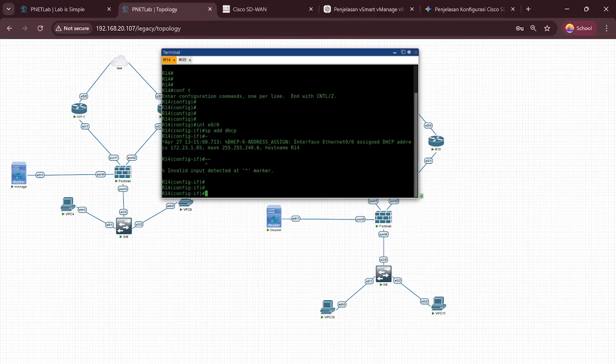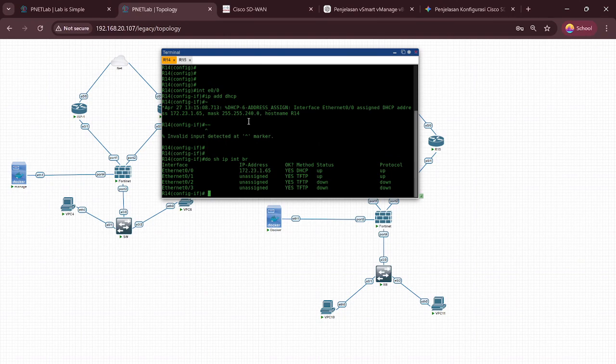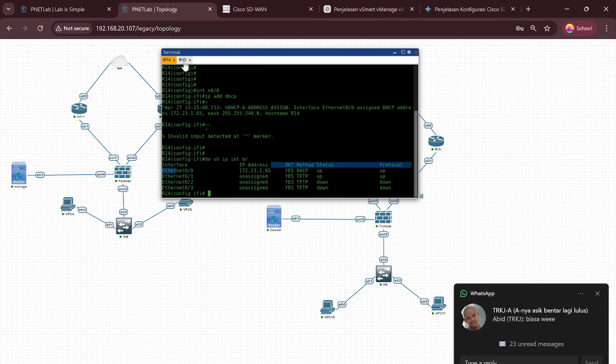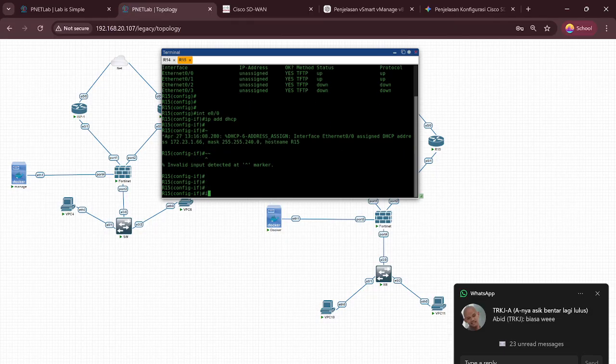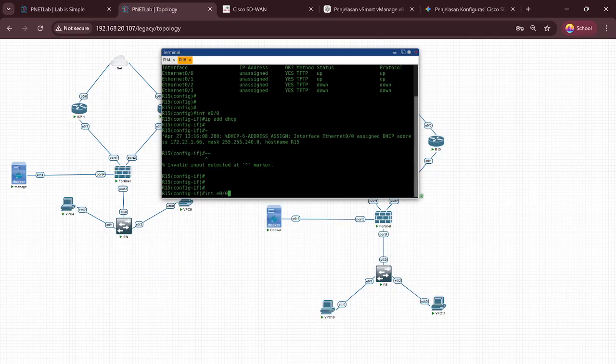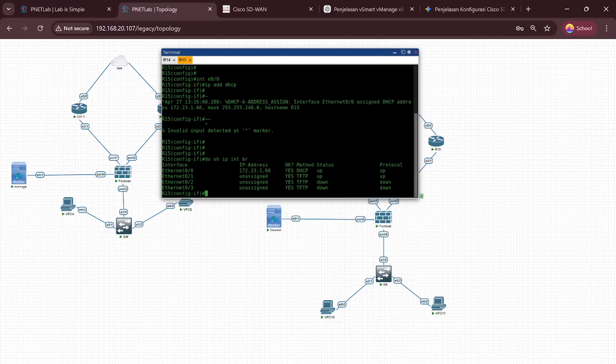This ISP1 gets DHCP from the router. Do show IP interface brief. This is interface 0/0, and now on router 2, do show IP interface brief. Okay, this DHCP is added, and next the configuration.